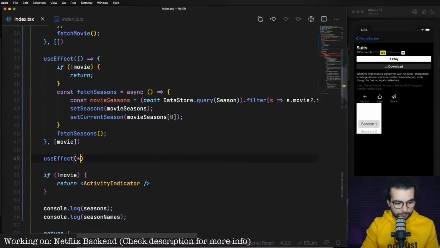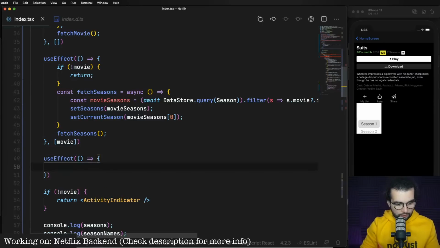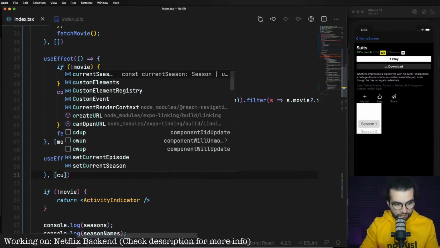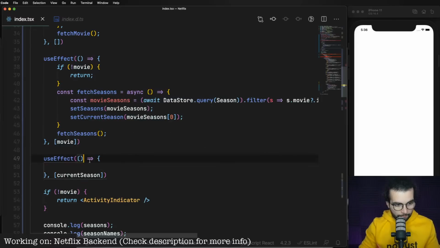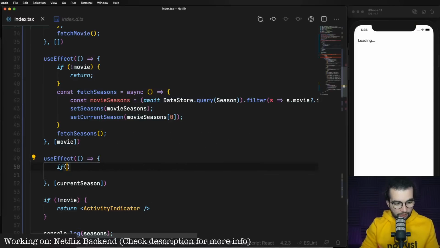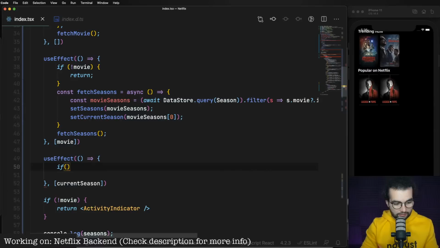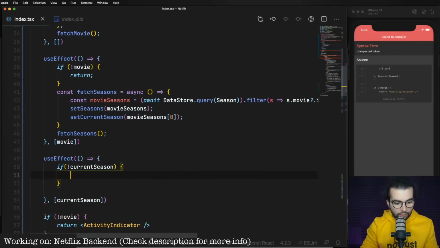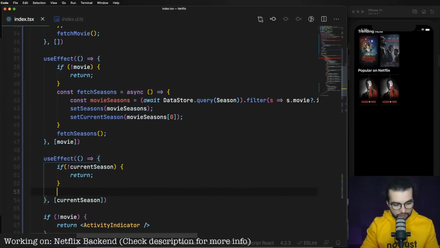This useEffect will run only when the current season changes, and we'll have the same thing. If current season is null or undefined, we don't want to do anything. Otherwise, we will